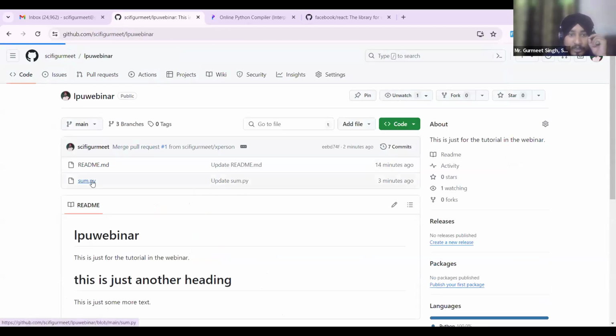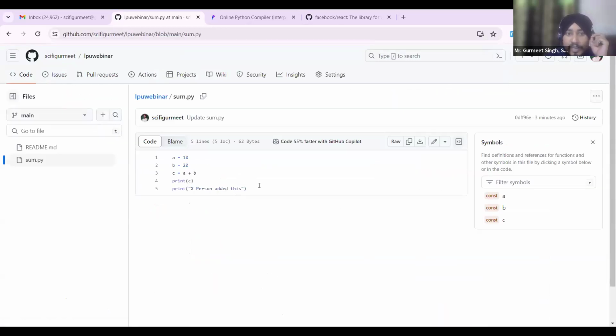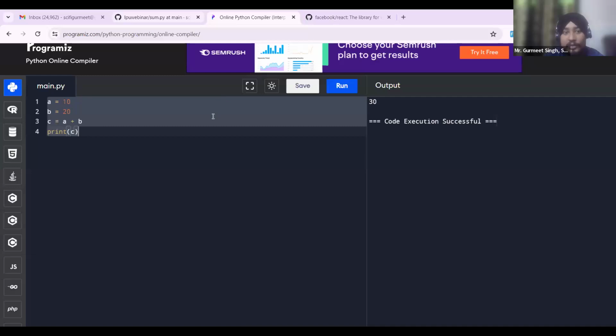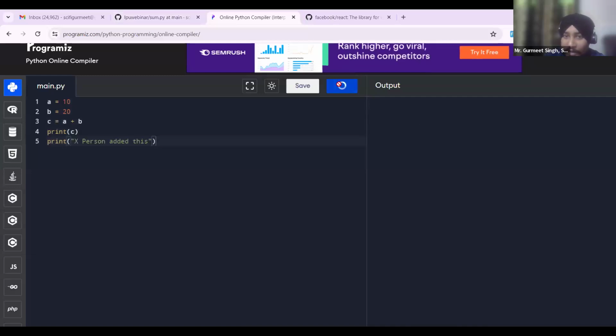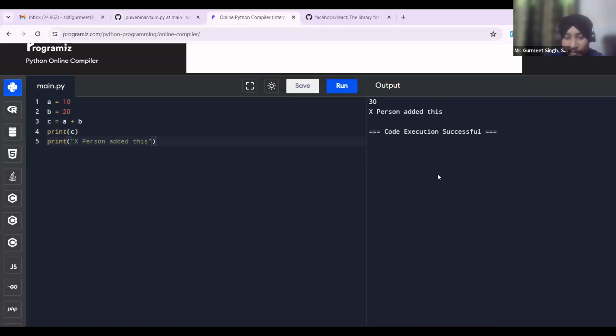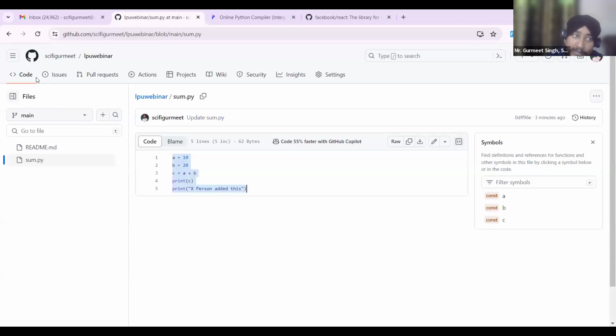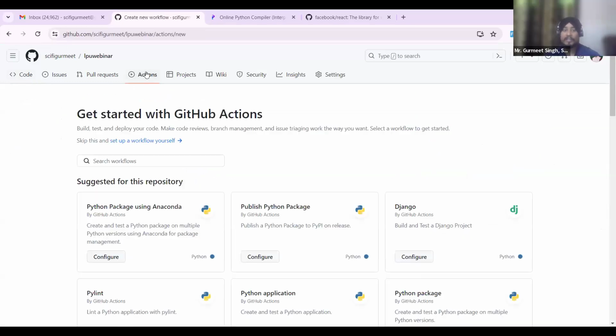So here is the tool. Now, if I have to run this code, either I have to run it on some online compiler, right? Or I have to copy paste this on my PC. But I want GitHub to check itself whether this code is running or not. That I can do using Actions. So if you click on Actions,